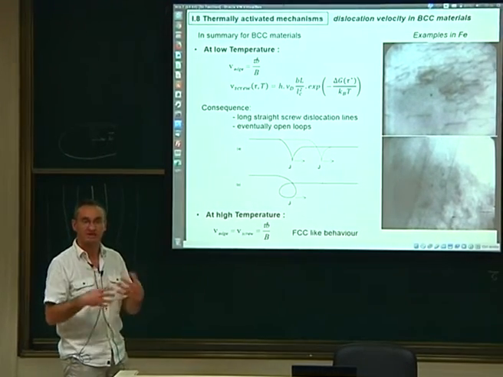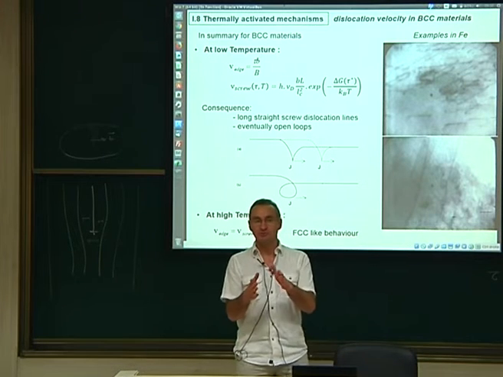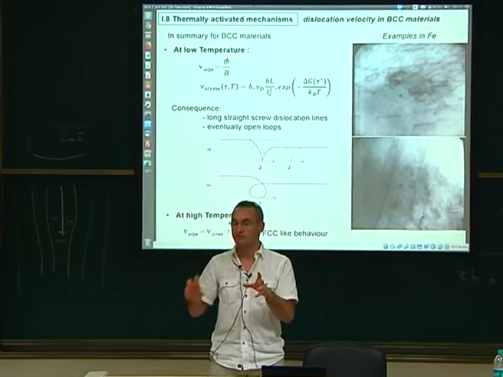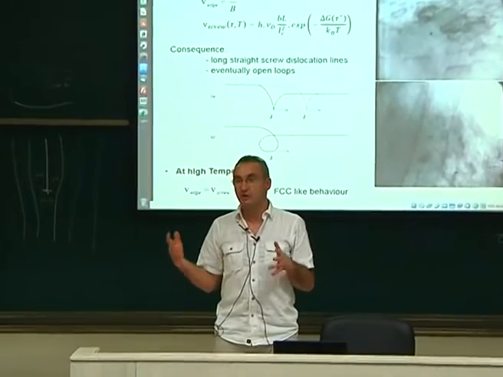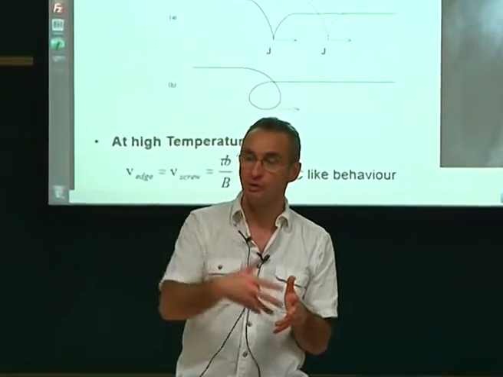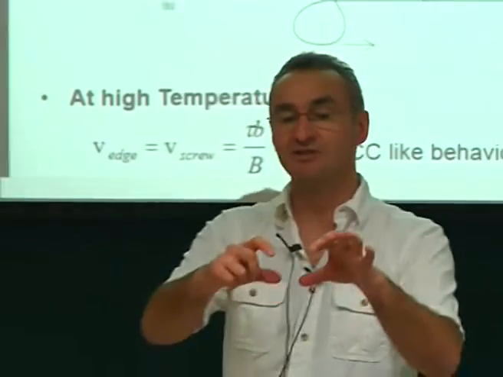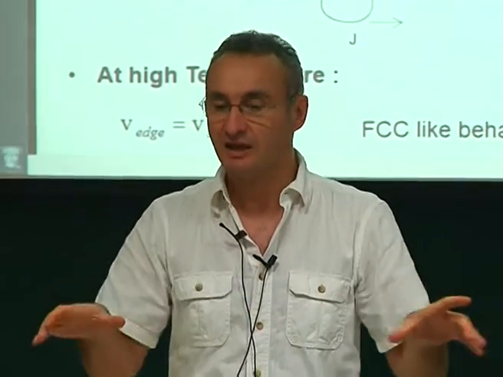So we just finished the lectures on the thermally activated mechanism. I had a lot of questions regarding climb and diffusion theory and so on. People say, okay, because you told us that there is no hydrostatic pressure component on the screw part of the dislocation, does this mean that there is no climb and no diffusion toward those dislocation lines? I would say, now that we have introduced the stacking fault, now that you all know that dislocations are not perfect dislocation lines, but are all dissociated in partials, at least for FCC, then nobody will be a screw dislocation line anymore. So you won't have a pure screw along your line.